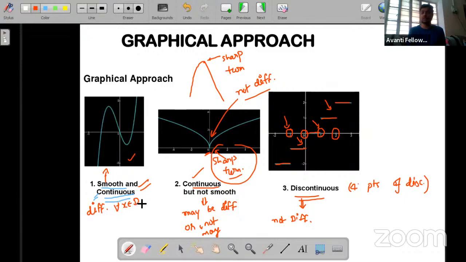the domain of the function. Okay, for all x belongs to the domain of the function. Here the function is not differentiable at x equals 0 in this graph. Clear? Shall we go ahead? So